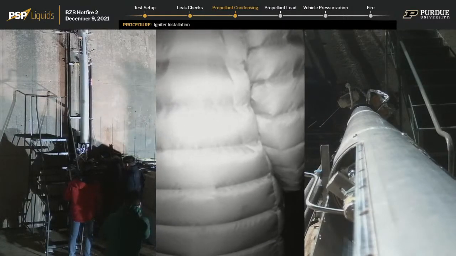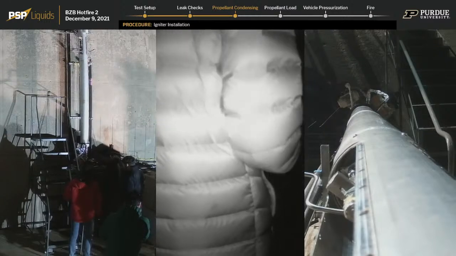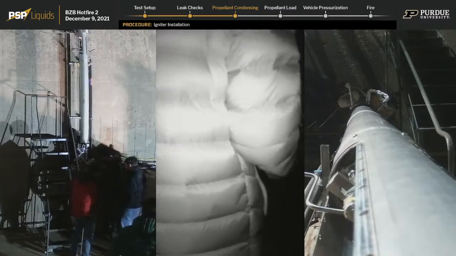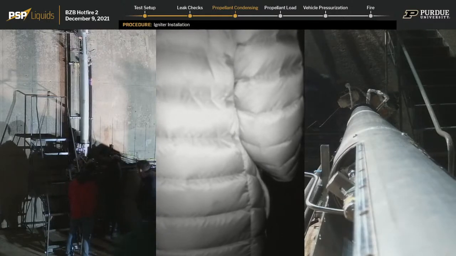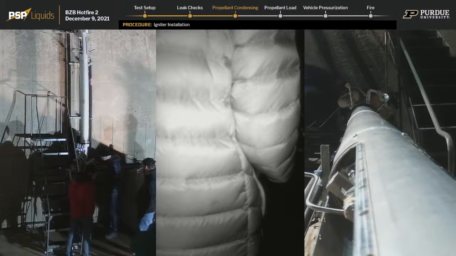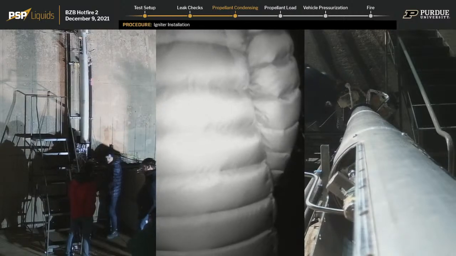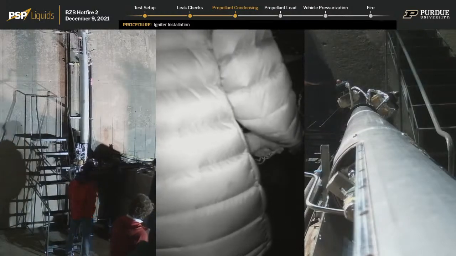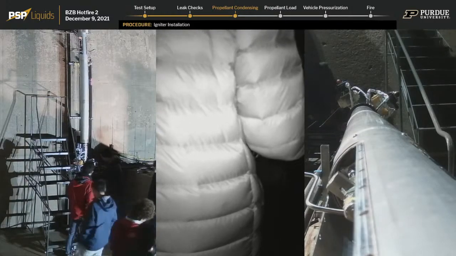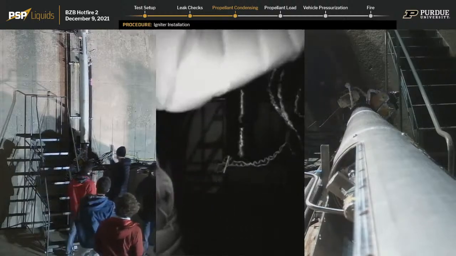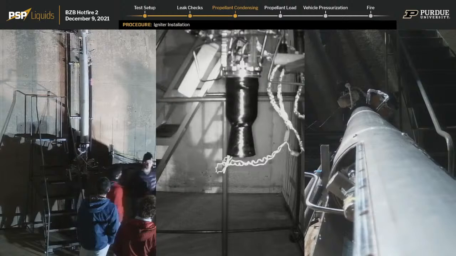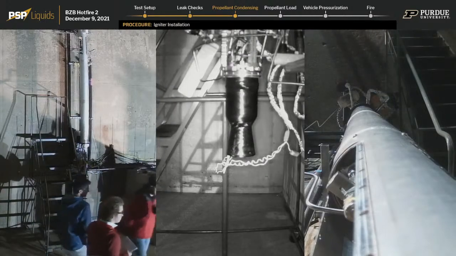you can't use the actual fuel and oxidizer that you plan to test with, because those can mix and start a fire. So our first cold flow test used liquid nitrogen as kind of an analog to make sure that our system did well in those conditions. But for subsequent cold flows, pre-test on our end,